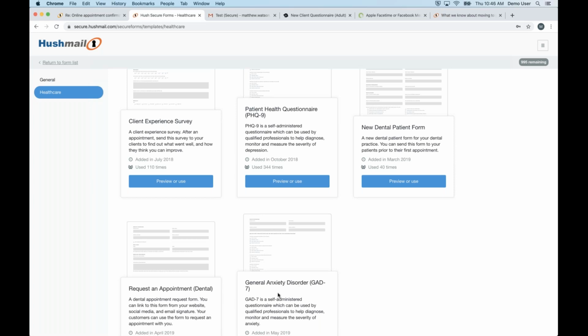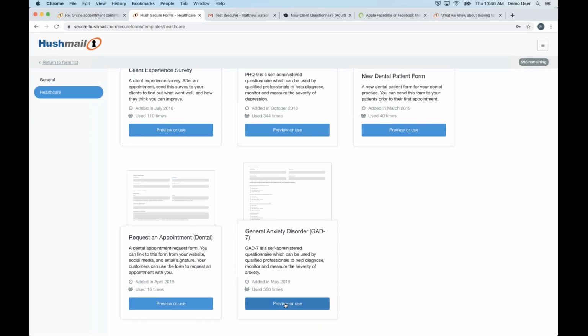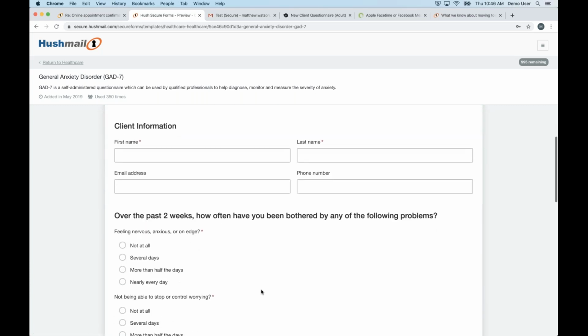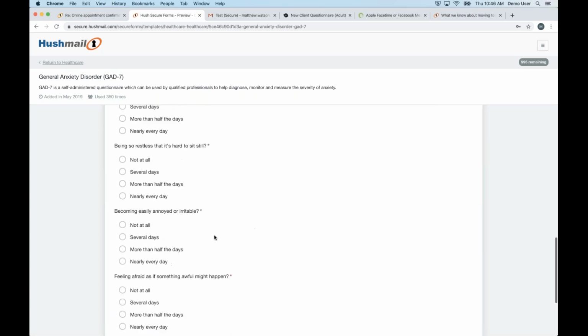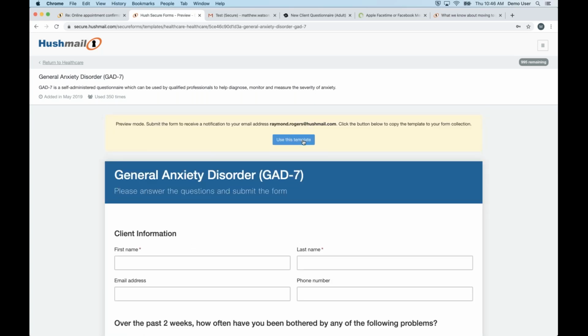So if you're familiar with these, they are self-assessments used for basically diagnosing or measuring the severity of depression for the PHQ-9 or anxiety. So if these are tools that your practice uses, you can simply use the template that we have. And because these are standardized open source forms, our form system will actually calculate the score for you. So there's no need to manually score this. Our system will calculate that and give the standardized sort of recommendations based on that. So if we go to use this template for the GAD-7,